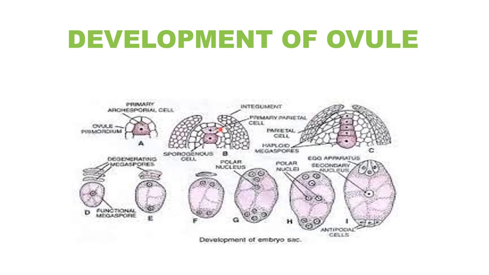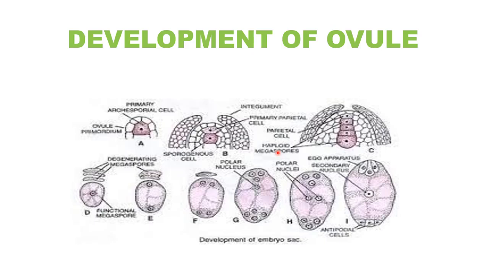The archesporial cell divides into a primary parietal cell outside and a sporogenous cell inside. The primary parietal cell divides mitotically and pushes the sporogenous cell deep inside the nucellus. The sporogenous cell divides meiotically to form 4 haploid megaspores, and this process of sporogenous cell to haploid megaspores is